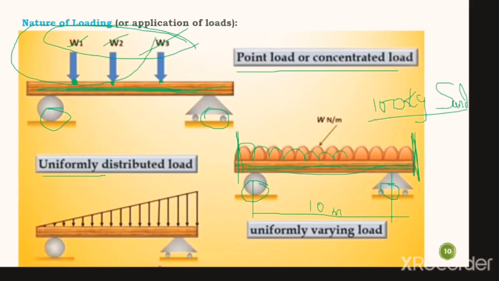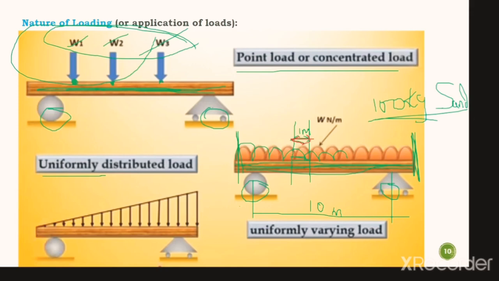So you place this sand over the complete 10 meter length of that beam, right? If you take two sections here and here, let there be a distance of 1 meter between each. So if you take this section of beam, that section of beam,